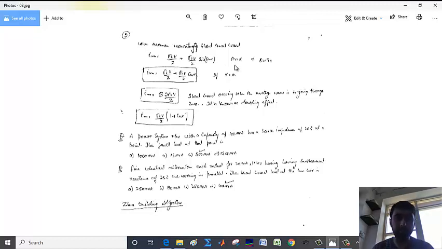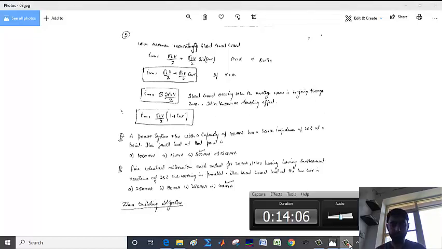So if we assume that XL is greater than R, which is actually the case, in that case theta will be very close to 90 degrees. So this sine of theta minus alpha will be equal to cos of alpha. So Imax will be equal to root 2 V by Z plus root 2 V by Z cos of alpha. If alpha is equal to 0, this will be 1. So it will be root 2 V by Z short circuit current when the voltage wave is going through the 0. It is known as doubling effect.